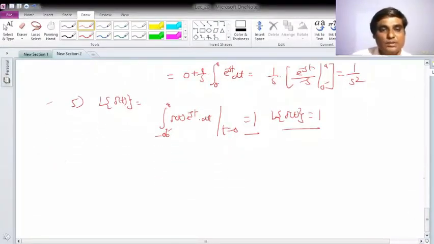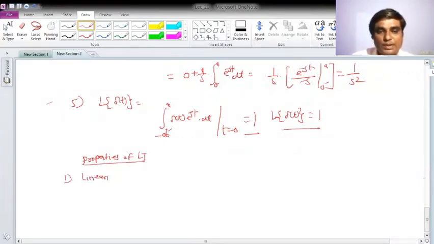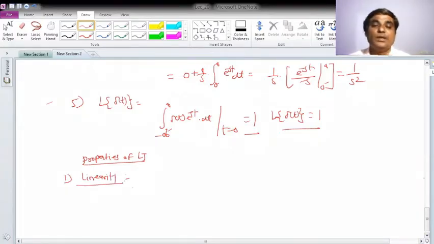Okay, now with this we'll see some of the properties of the Laplace transform. The first property is the linearity property, which is superposition. If I have more than one excitation, how can we solve it using the Laplace transform? Suppose I have one signal x1 of t, or excitation, whose Laplace transform is x1 of s, and a second, x2 of t, whose Laplace transform is x2 of s.